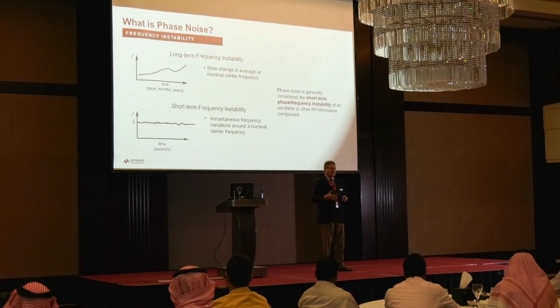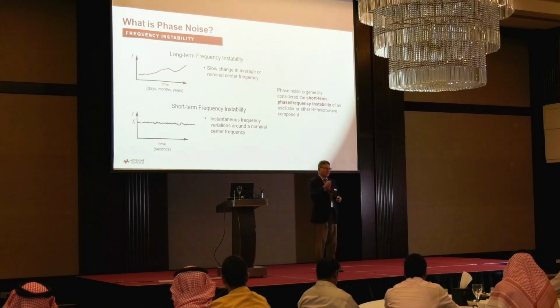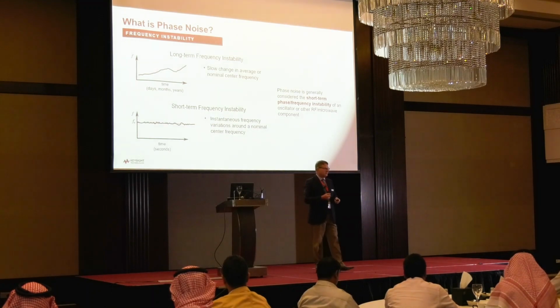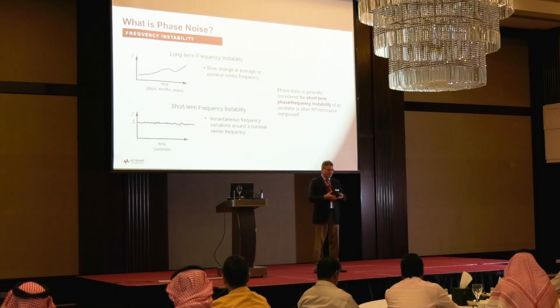But in the real world, that frequency is not exactly constant. And there are really two types of instabilities. There is long-term frequency change. Normally we call that drift in frequency. It's a deviation around the nominal frequency, and it could take place over minutes, hours, or years. Normally that's a function of something that is aging, maybe the reference oscillator or some change in the physical parameters